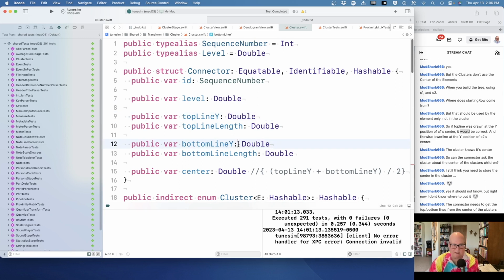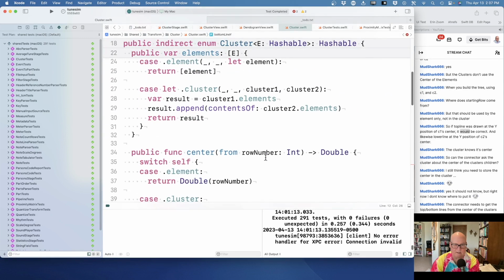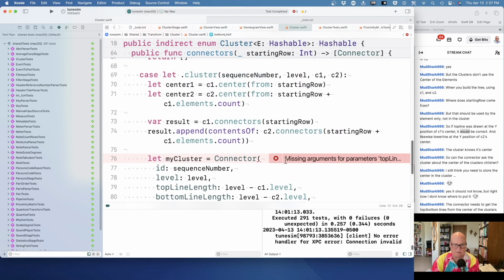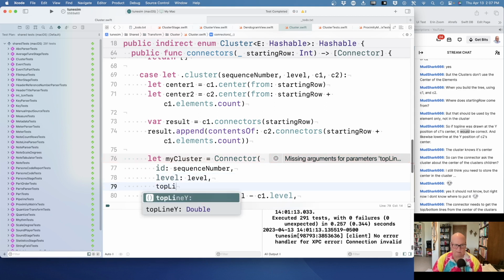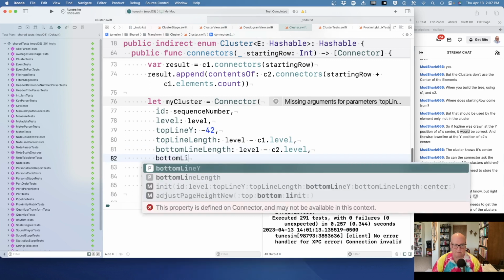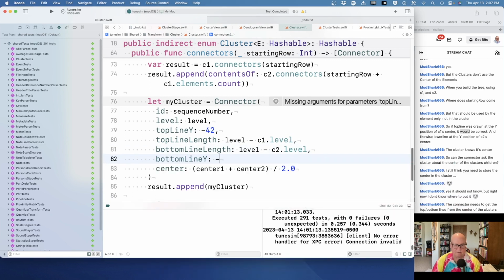Okay. And I think, well, I just broke a bunch of tests too. This thing needs to know. Let's put top line y. I'm going to say minus 42. And then bottom line y, 43. Okay. And then all the people who tested this thing,